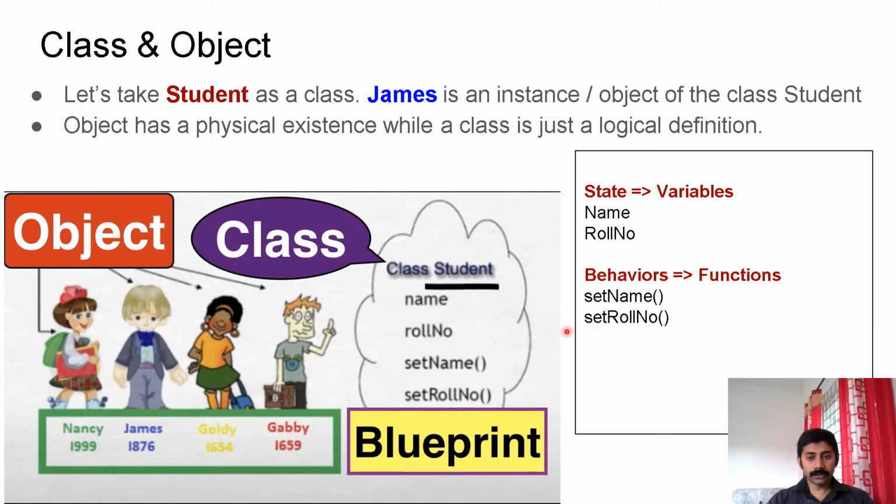One point you need to remember is that the methods provided in the class are meant to operate on the state or the data elements of that particular class. So there is a relation between these data elements and its methods. Each object has its own state and associated behavior or methods which are meant to operate on its own data.